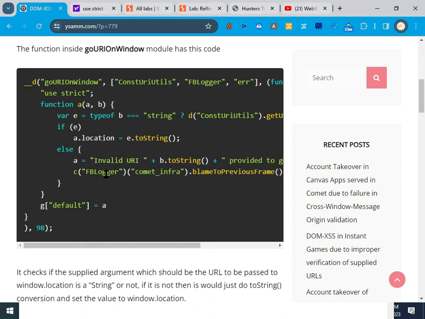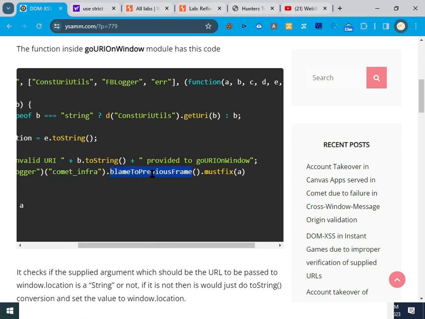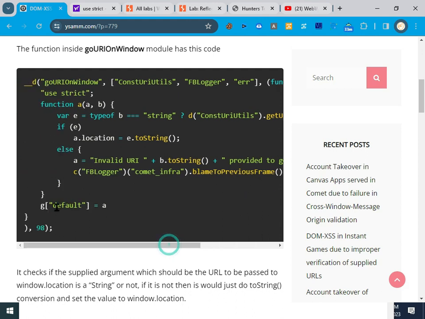After that, C goes into FB logger, which is being passed, and commit infra, and dot blame to previous frame dot must fix, and A is being passed as an argument. And after that, G and default is equal to A. If nothing happens like this, if this function is not